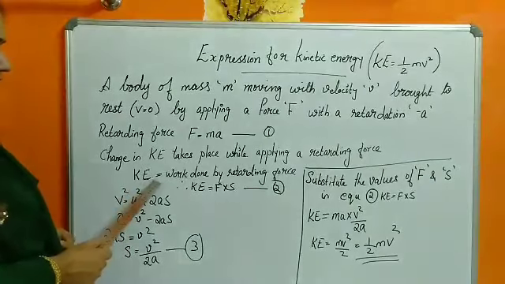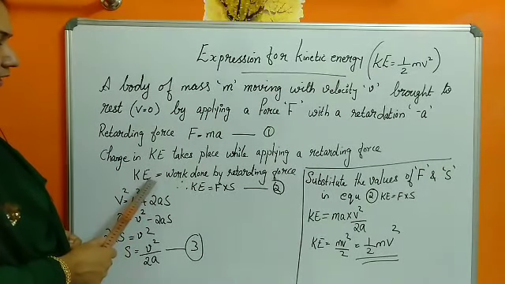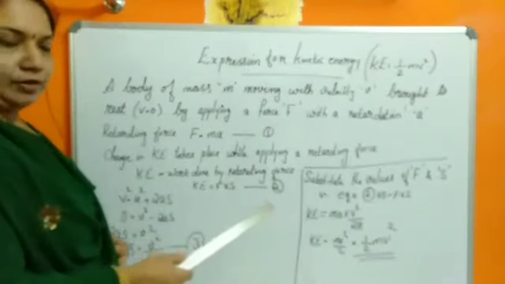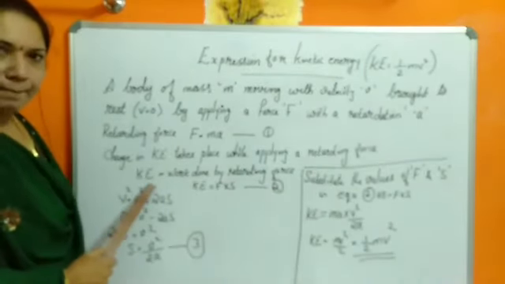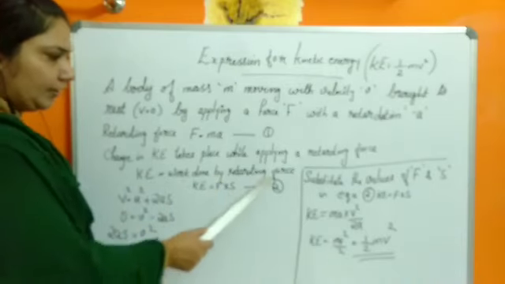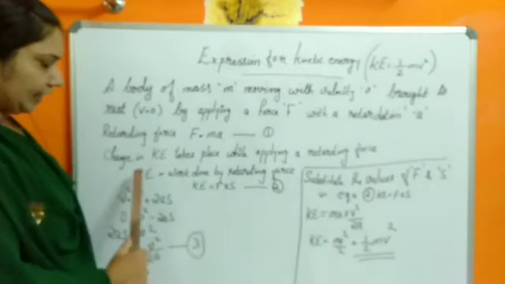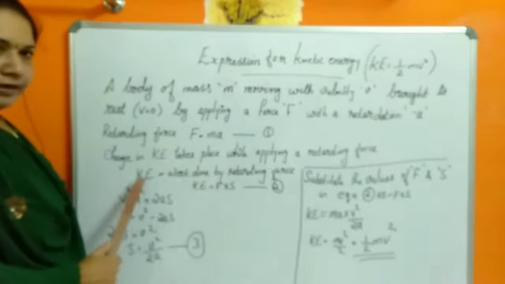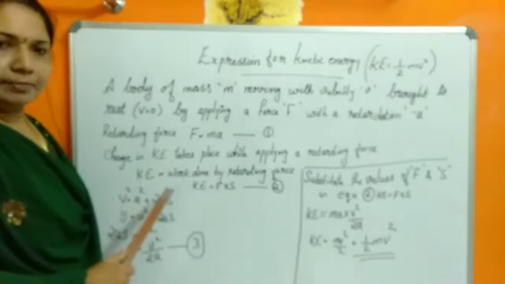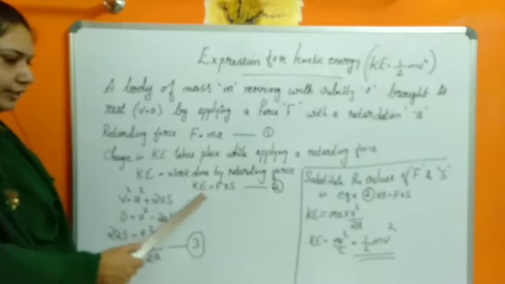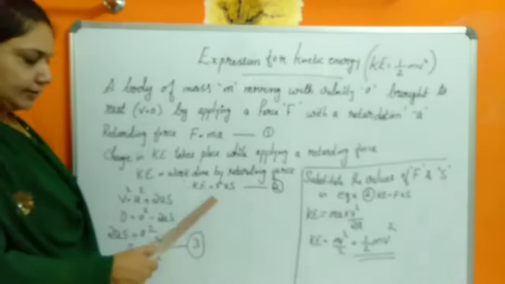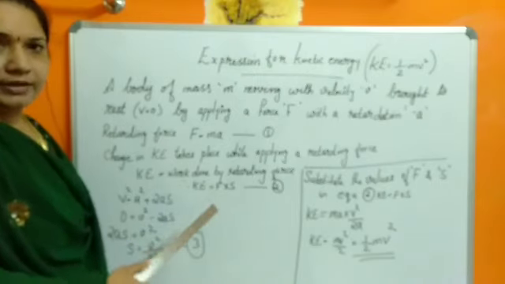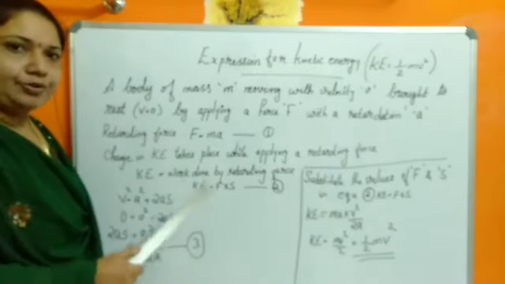So kinetic energy, we can consider it as the work done by the retarding force, because this change in kinetic energy happens because of the work done by our brakes. So we can equate: if we do more work, more change in kinetic energy takes place. We already studied in the same chapter that kinetic energy or work done is what we call energy, the capacity to do work.